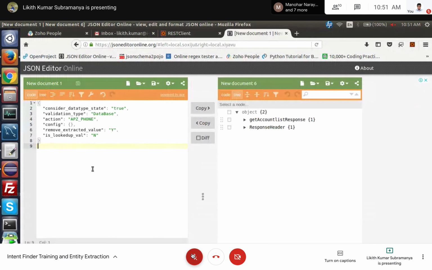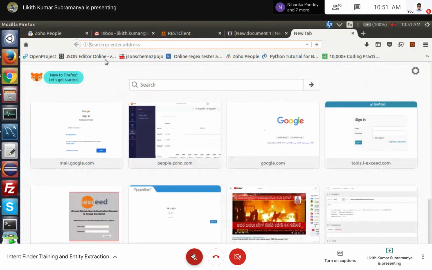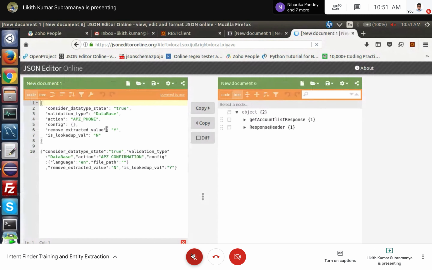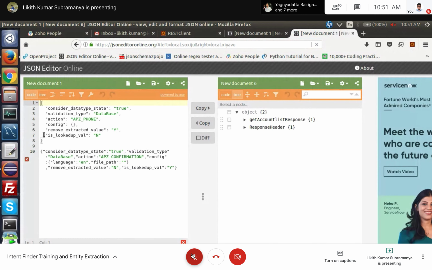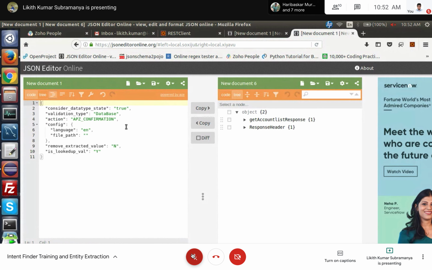The nodes will be the same, but the flags will be different. Consider state again true, validation will be based on database, and APZ confirmation is the data type which will be called here. Here, remove extracted value is n, and is looked up value is y.